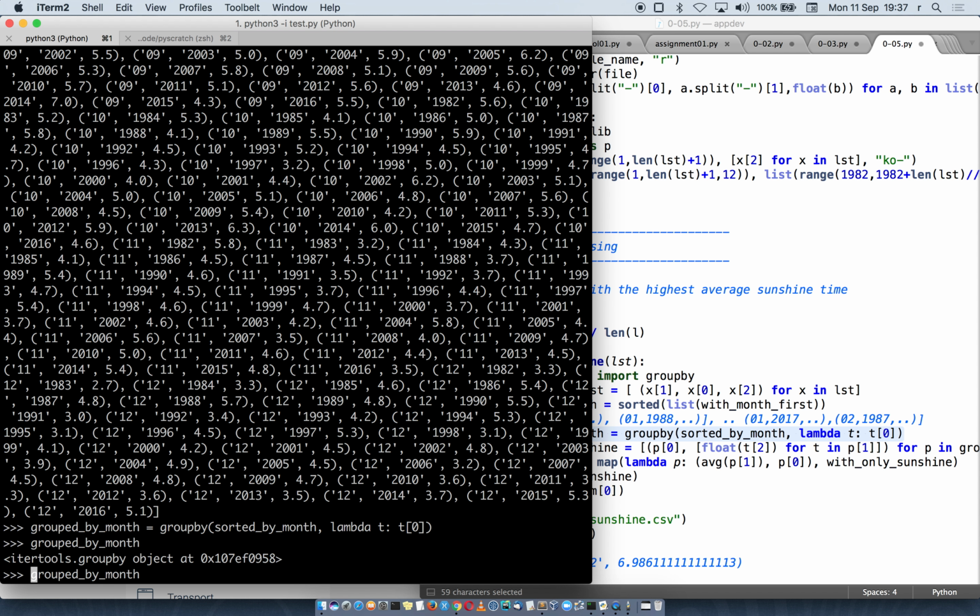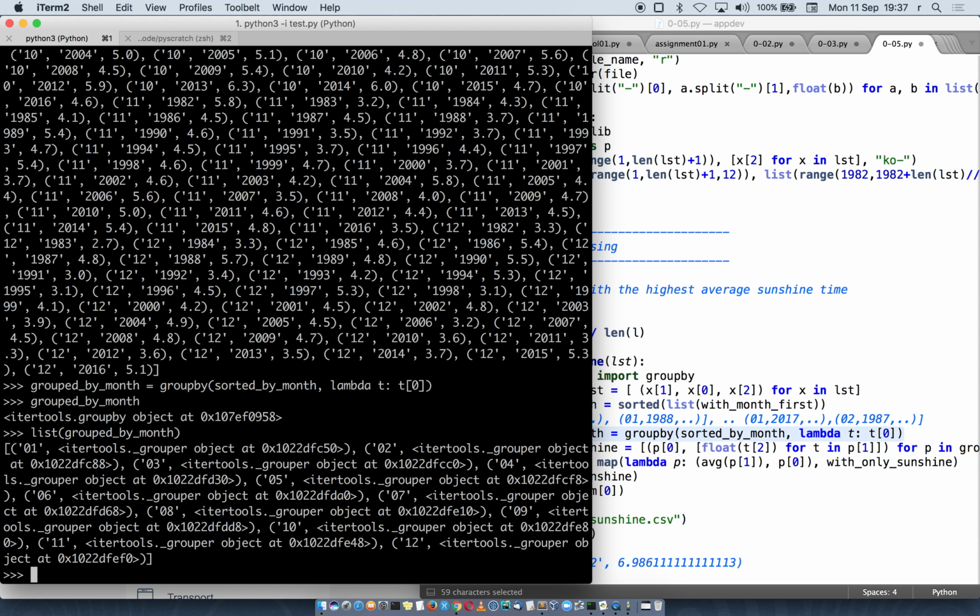Well, let's turn it into a list. Actually, you'll have to believe me now that this is the sublist where we have the month of January, right? It's an iterator. But also see how group by works, right? It doesn't just give me the iterator with the sub-elements. It also gives me the month as a separate record. All right? So to give you a better impression of what this is,